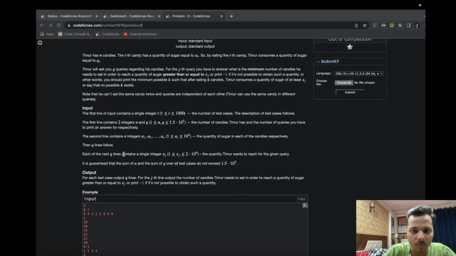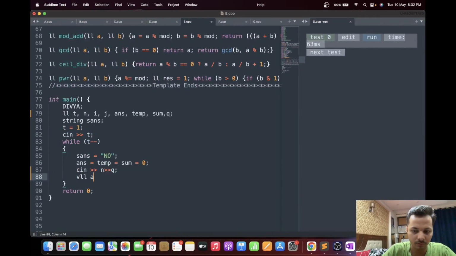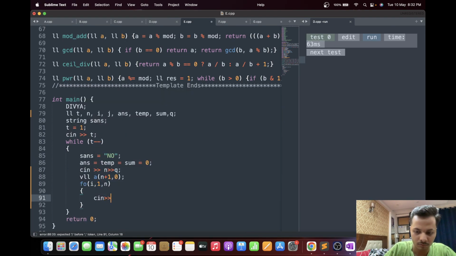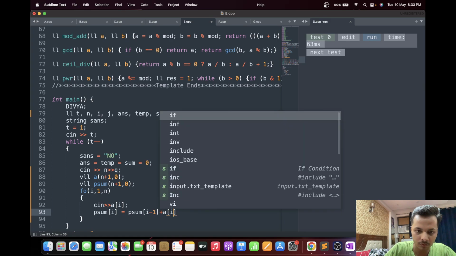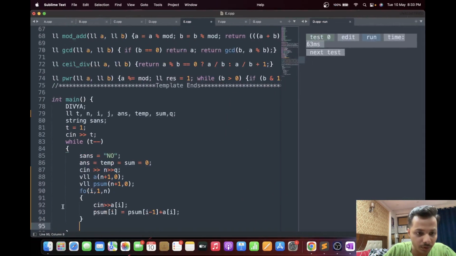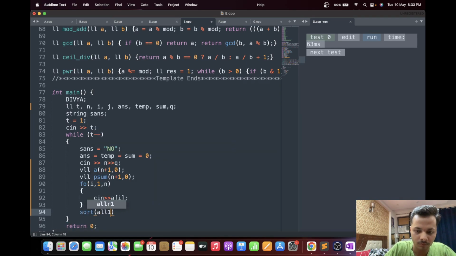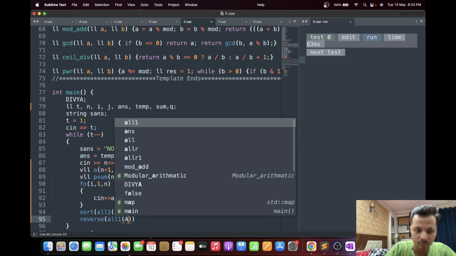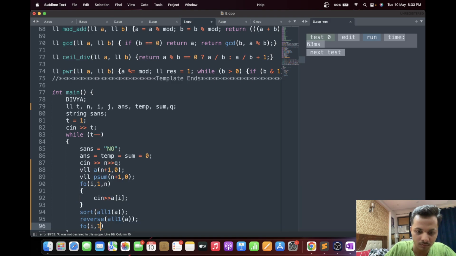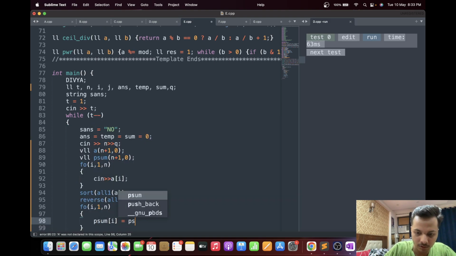And q, and then we have all the array elements. So we have to binary search on the prefix sum, right? Oops, I'm sorry, we first have to sort the array, then do the prefix sum. So p sum of i is p sum of i minus 1 plus a of i.